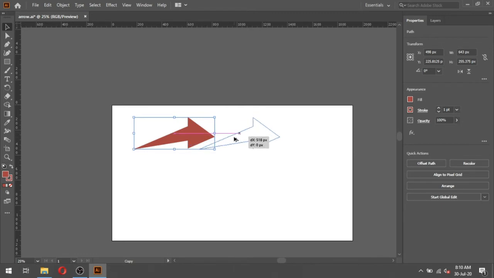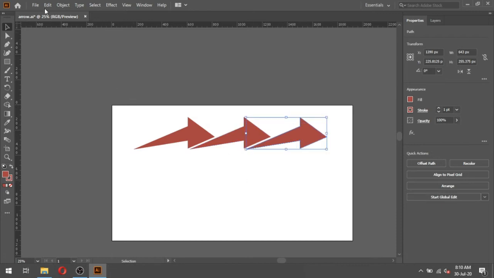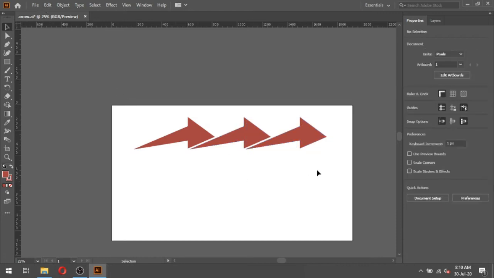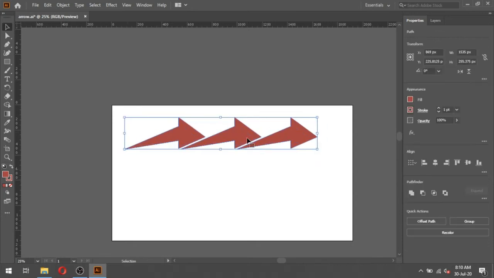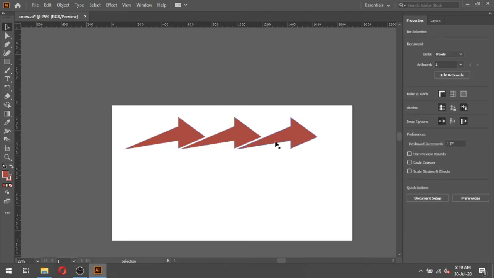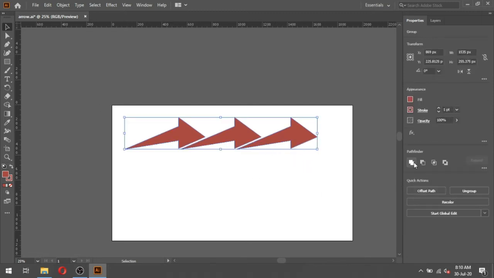Again drag it. Press Ctrl plus D to repeat the command. Now we have 3 arrows. And join it. Unite them. Now we have a single shape.